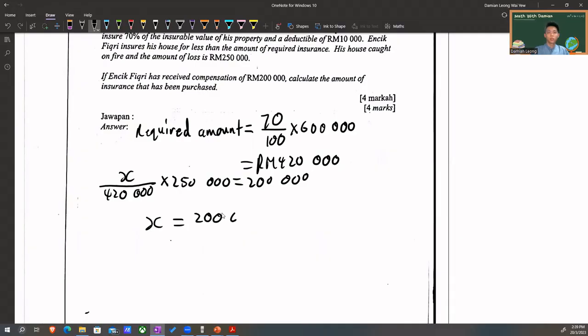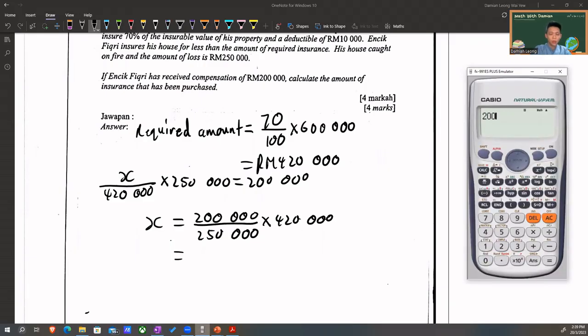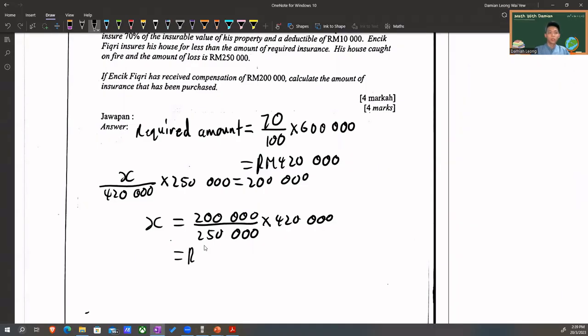So for 200,000, this one times becomes opposite, divide by 250,000, and divide becomes opposite, times 420,000. So I calculate 200,000 over 250,000 times 420,000. I get 336,000. Oh wait,